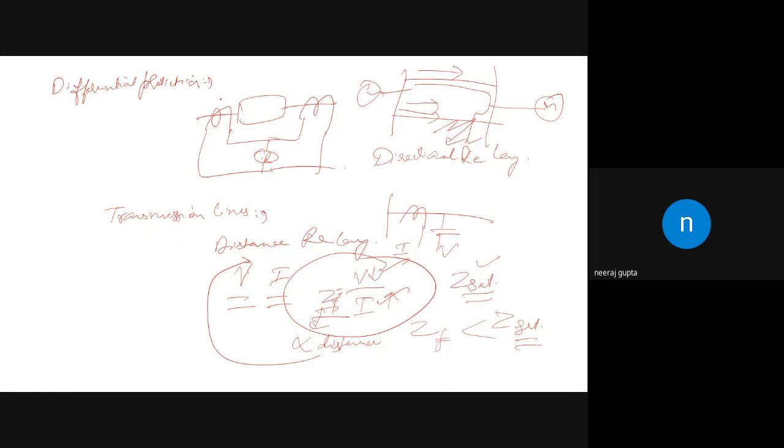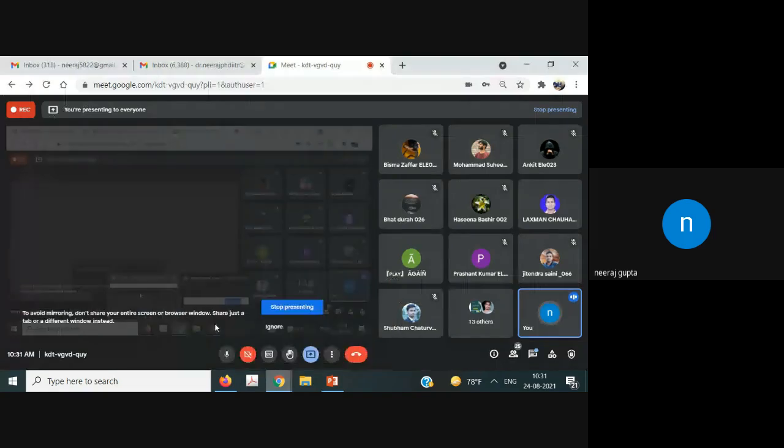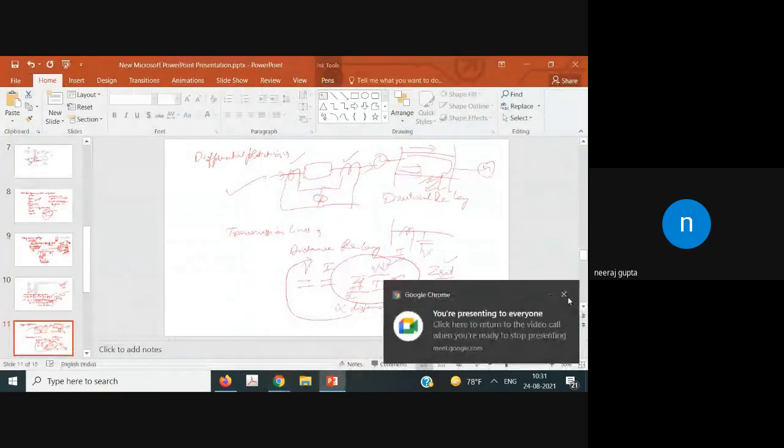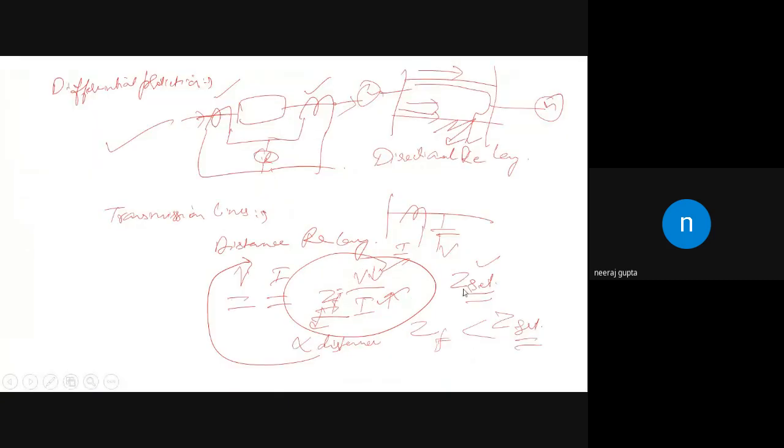It is based on the fact that whatever the input current must be is equal to the output, but we have to take the weightage into consideration, that whatever the transformation ratio, and depending upon that, we will devise our CT. So differential protection is used in places where we have protection apparatus very near, like transformers, transmission lines, motors, generators, etc.